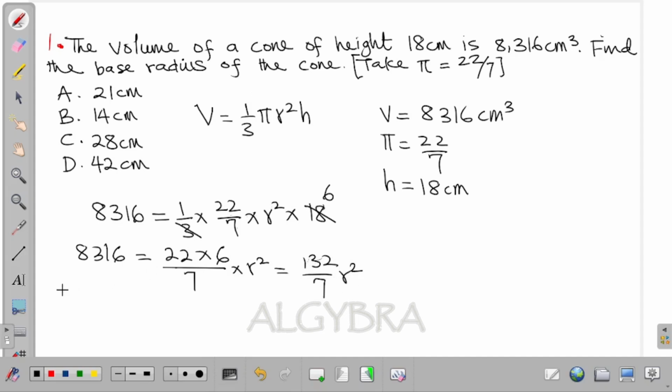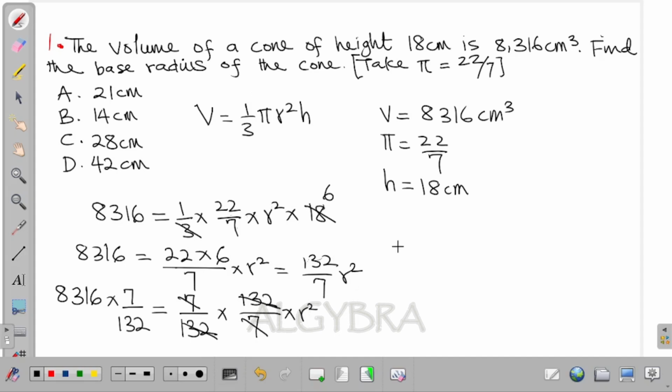So we have 8,316 multiplied by 7 over 132 equal to 7 over 132 multiplied by 132 over 7 times r squared. This cancels this and this cancels this, so that r squared is equal to